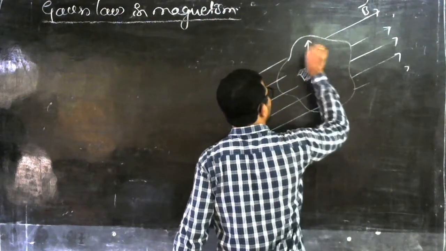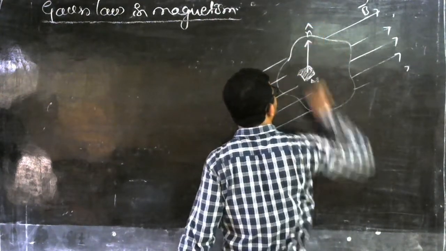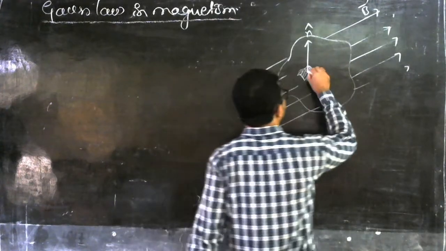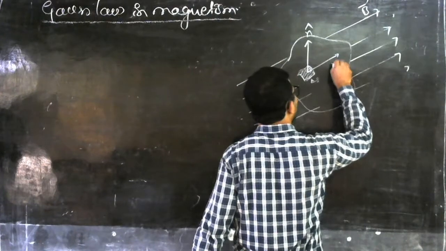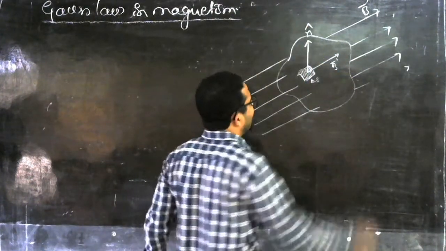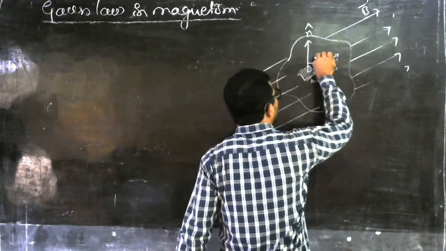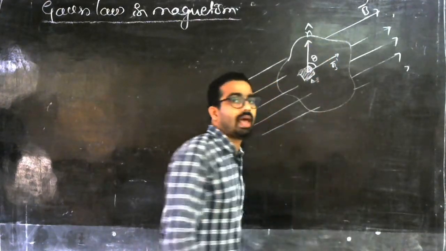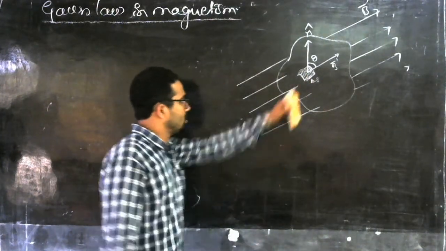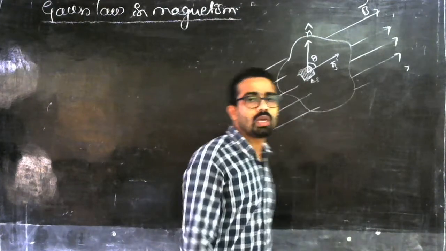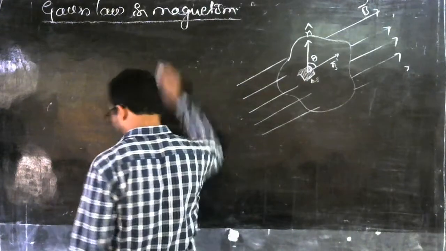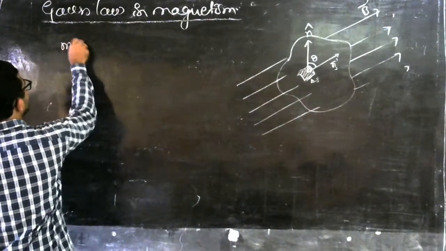And let me show you, this is the area vector. The direction of this area vector is n cap, which I am showing here. And at this point, the direction of the magnetic field is like this. So this is the area vector, and that area vector forms an angle theta with the direction of B. So to find the magnetic flux through this, he formulated one equation, and that equation can be written as